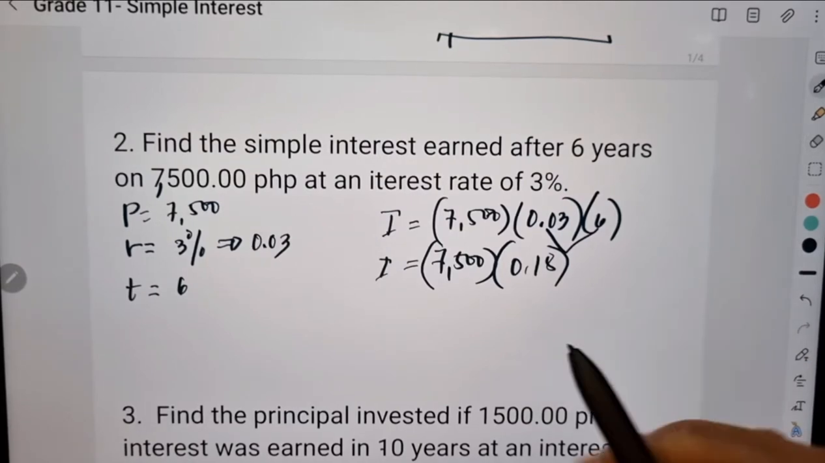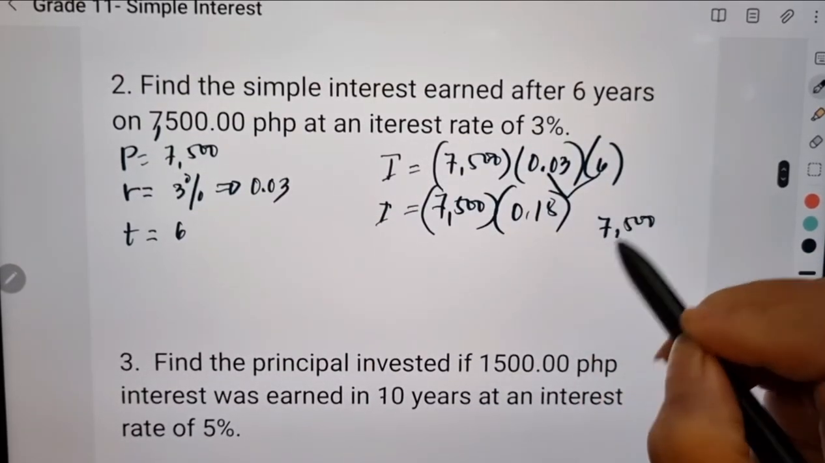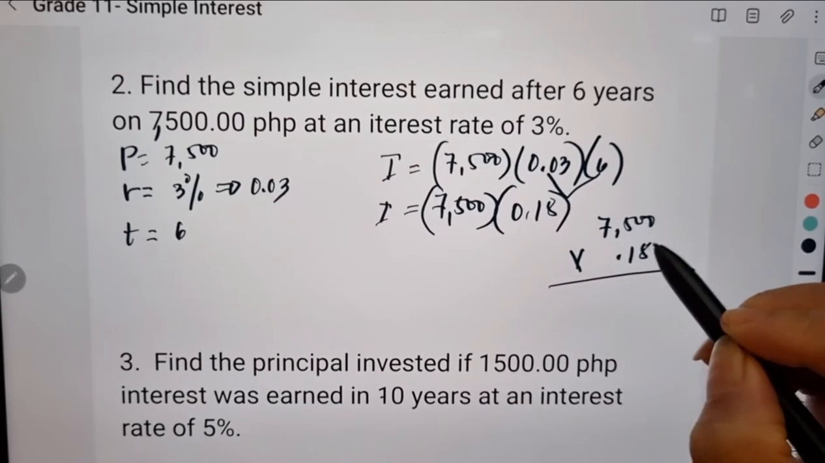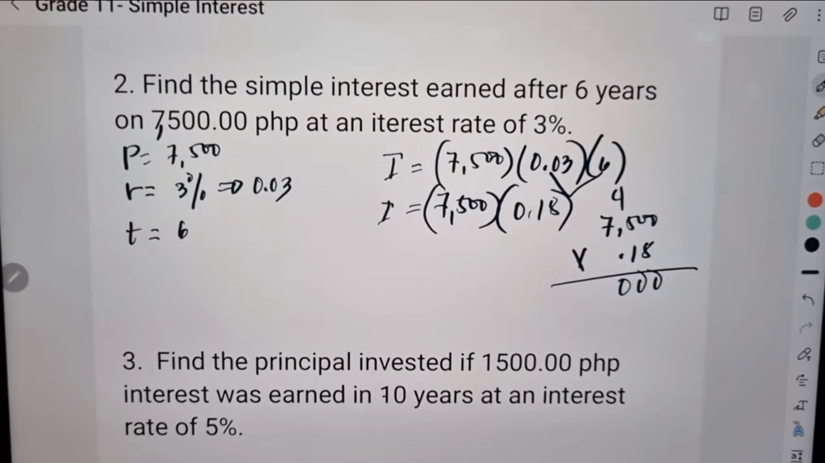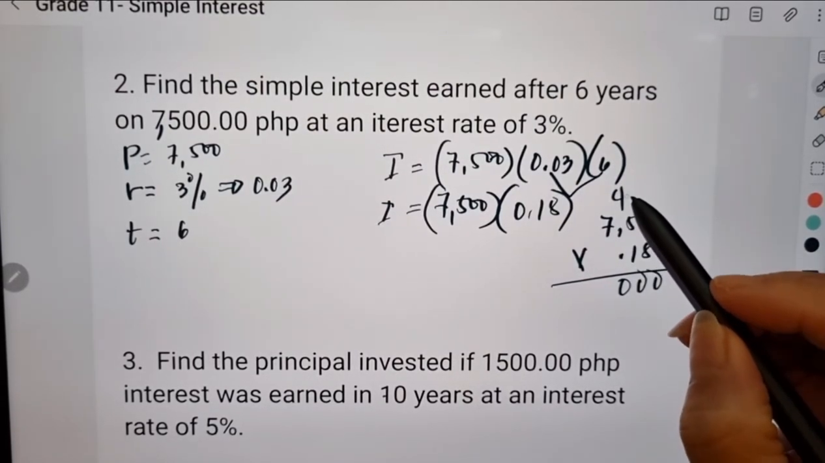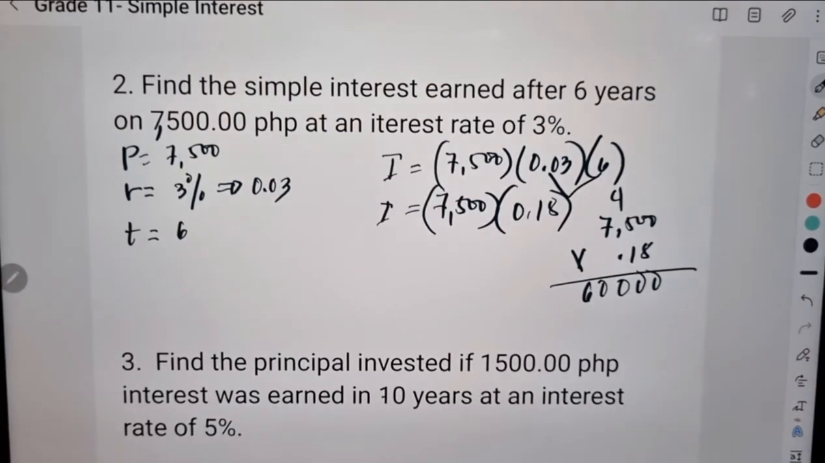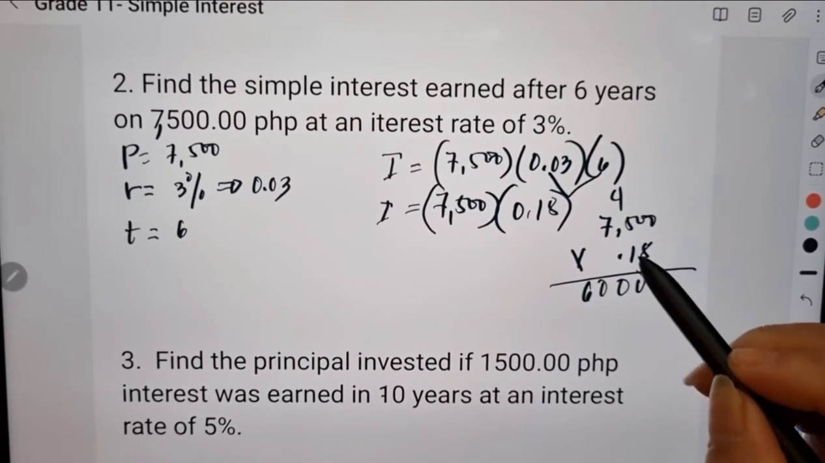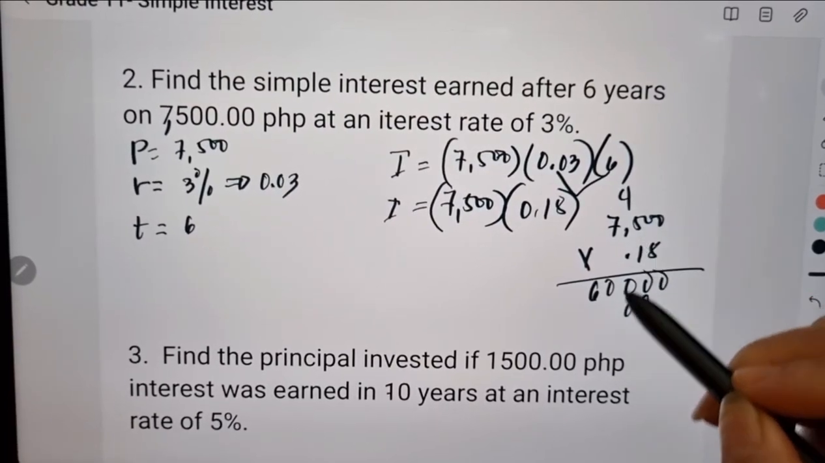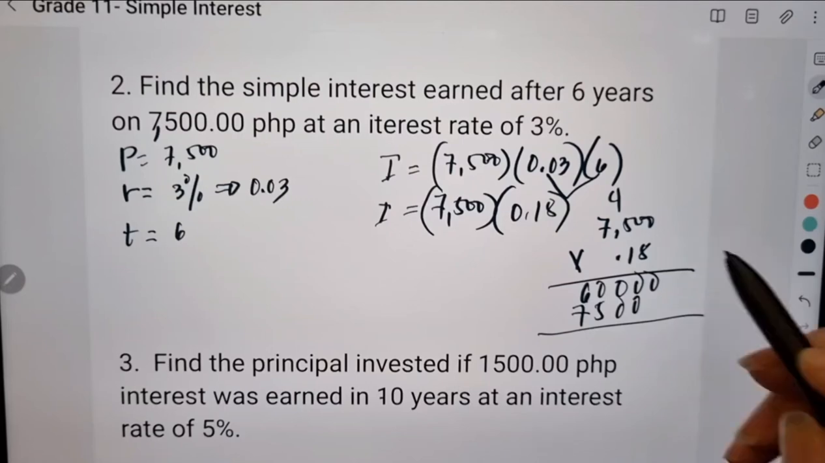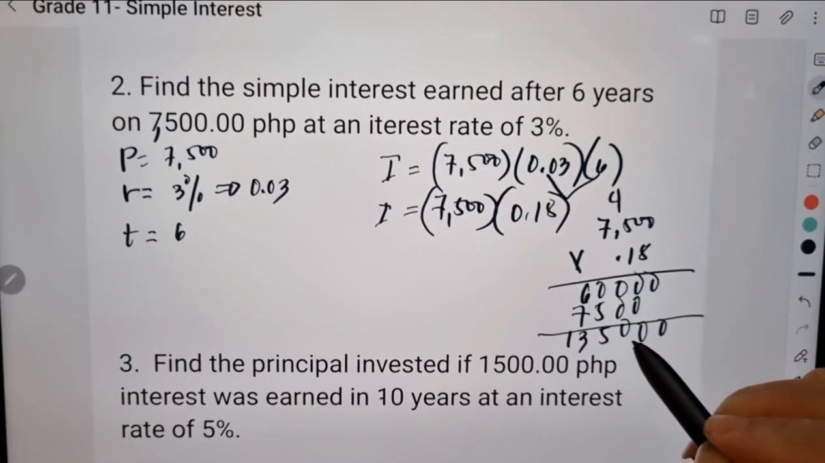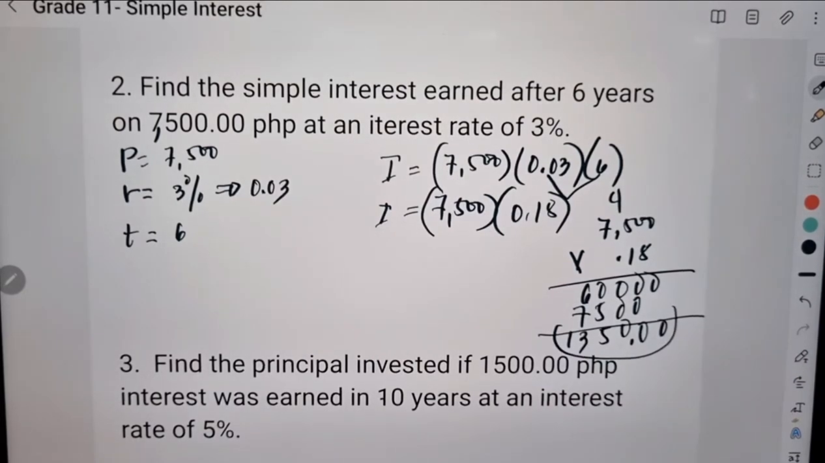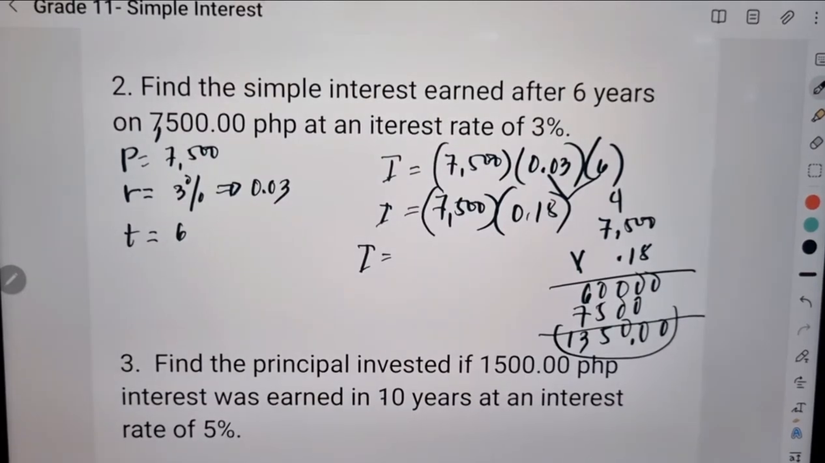Okay? The next, multiply lang natin 7,500 times 0.18. That is 8 times 5, 40, 4, 8 times 7 is 56, plus 4, 60. Okay? Then this is 1 times 0, 0, 1 times 0, 0, 1 times 5, 5, 1 times 7, 7. Then add, and we get 13. So, ngayon, ang interest dyan after 6 years is 1,350